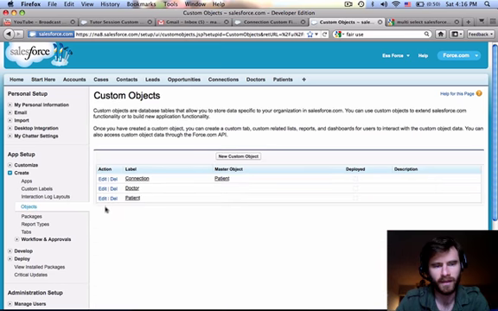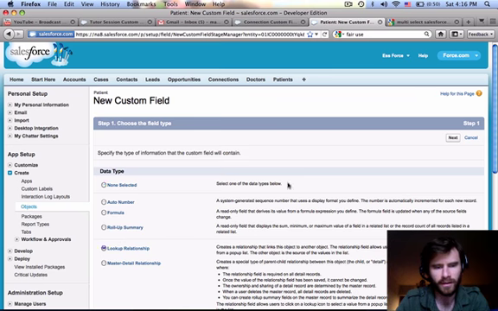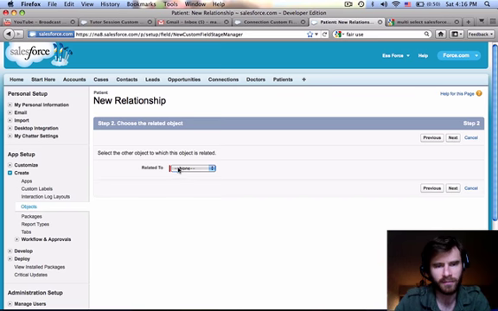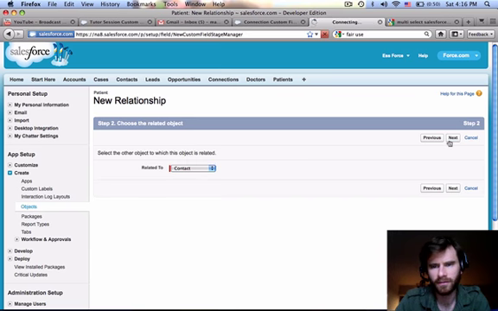and let's go to the patient object now and create the similar thing there. Go to objects, patient. We're going to create a new custom field, new. It's going to be a lookup relationship. Next, we'll call this patient contact. It's going to be related to a contact. This is from patient. Next,